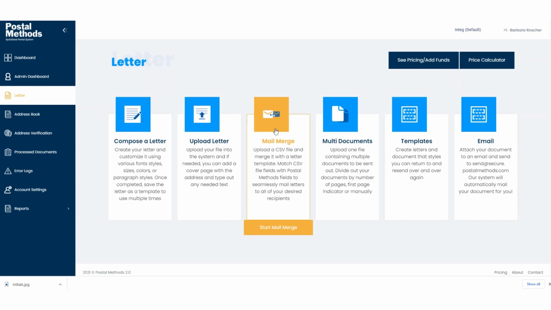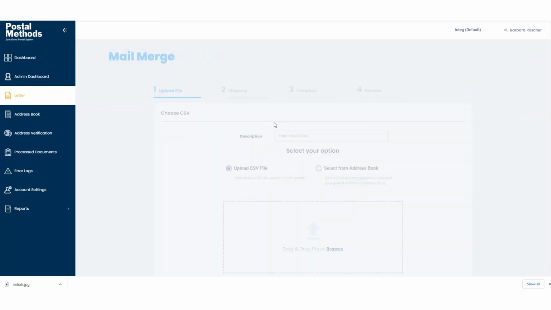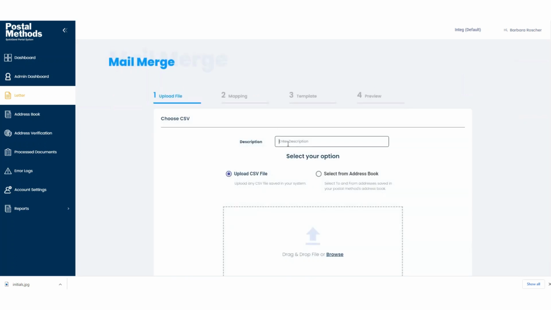Mail Merge is a handy feature that incorporates data from both a template and a Microsoft Excel CSV file and allows you to create multiple documents at once, saving you the time and effort of sending the same letter over and over again. Now, when we click on Mail Merge, the first thing you have to do is to enter